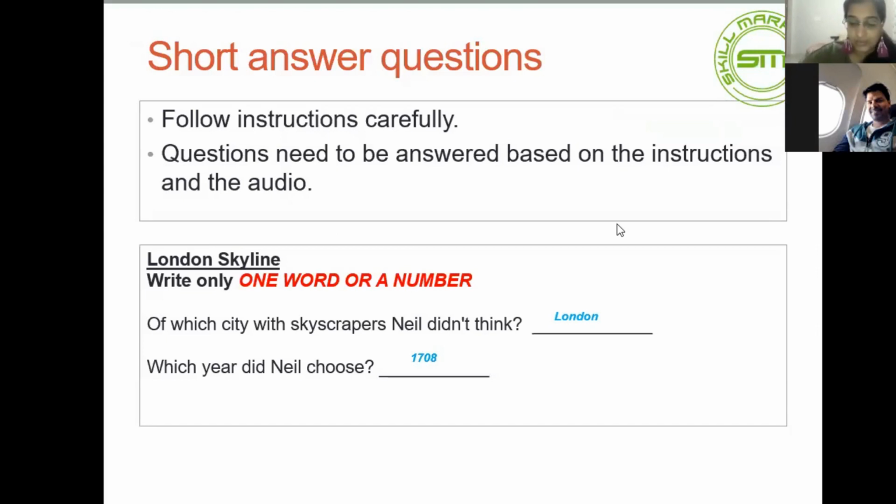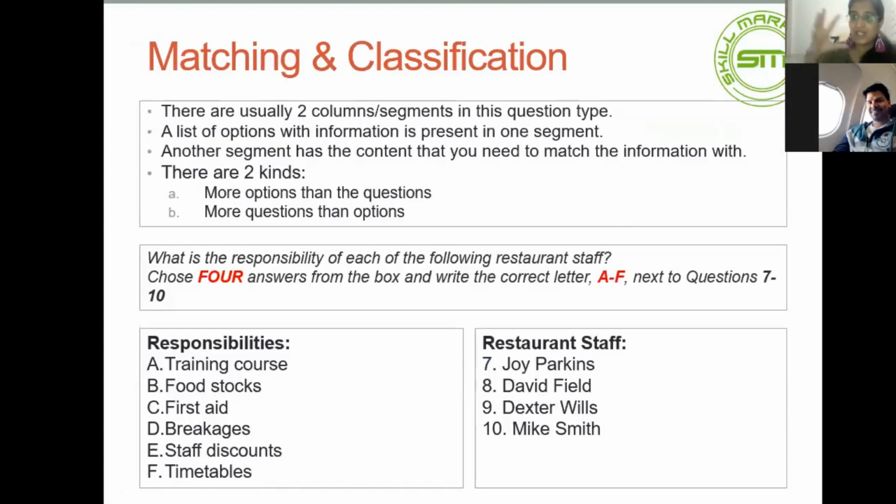Let's move on to the next question type, which is matching and classification, or match the following. This is very simple. We've done it even as kids back in school, where you have two columns. You have to match the correct question with the correct answer. That's all. But one thing you need to know is in the 30 seconds time, make sure you go through both the columns properly, because they will definitely use synonyms or they will definitely paraphrase.